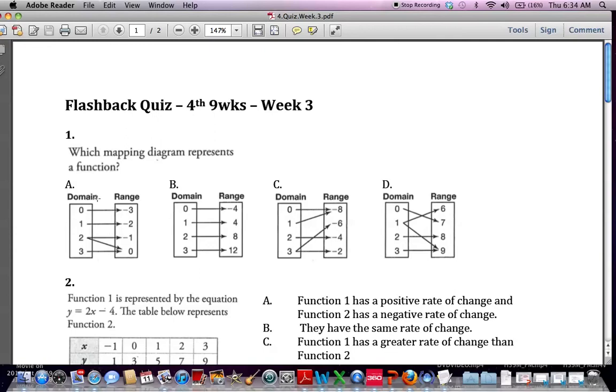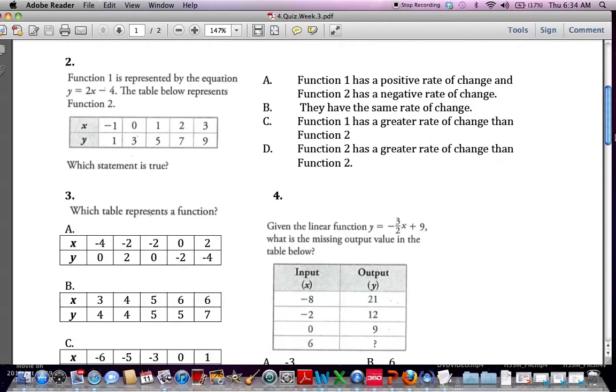Which one of these is a function? You got to remember the definition of what a function is. Which one of these is a function? Number 2,